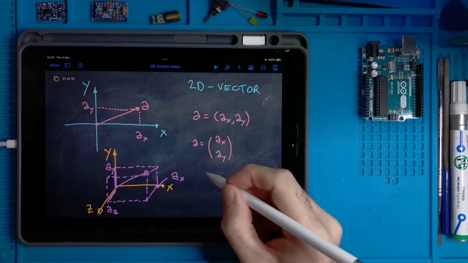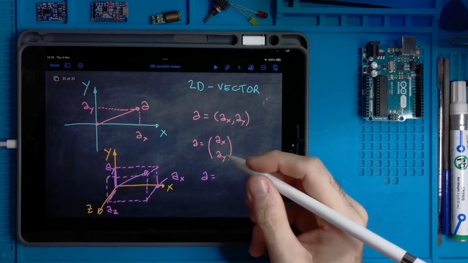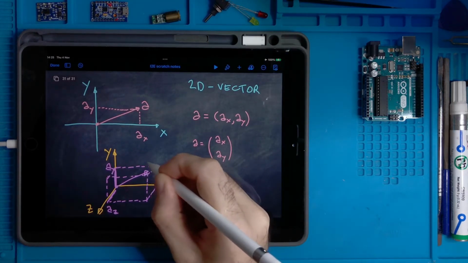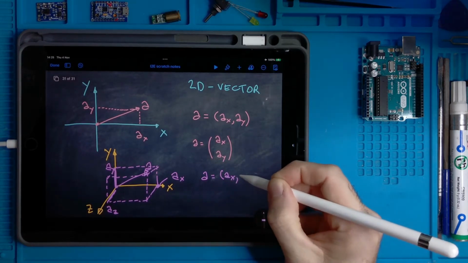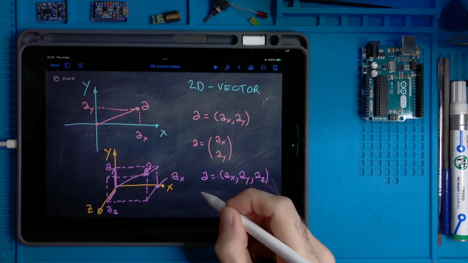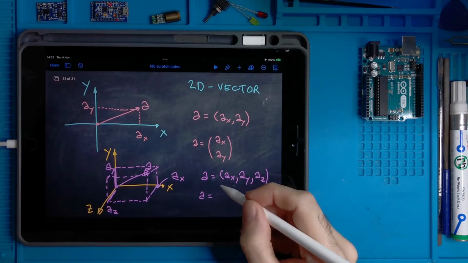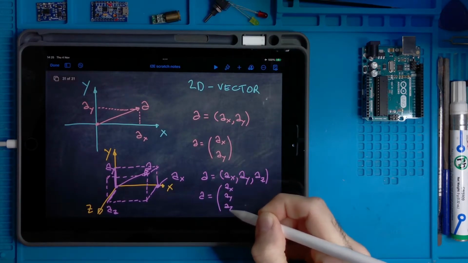And this one would be A equals, this is the vector AX, AY, AZ, or A equals AX, AY, AZ.